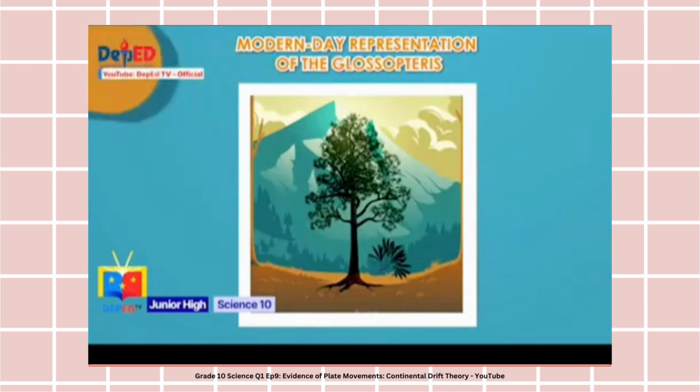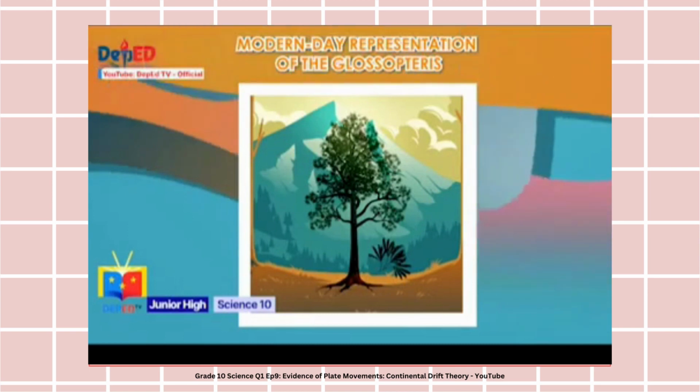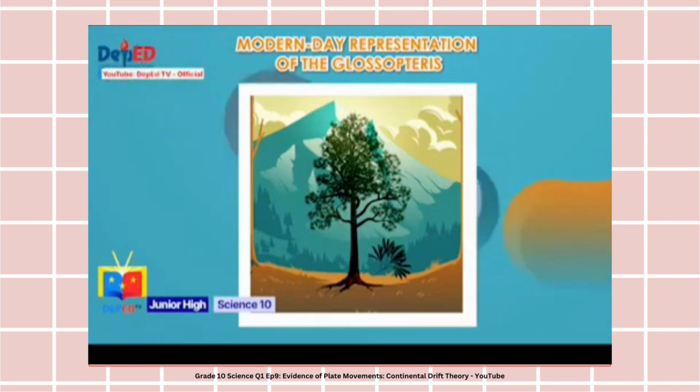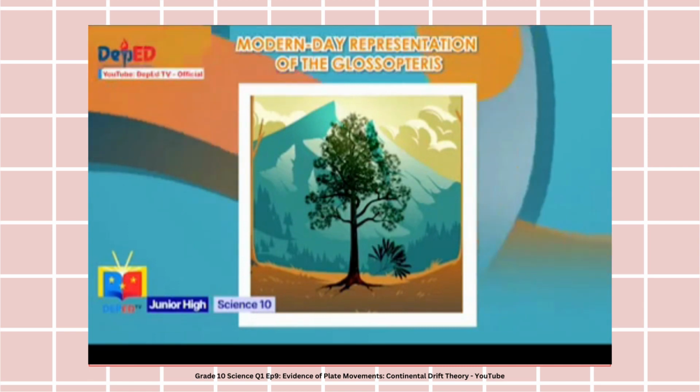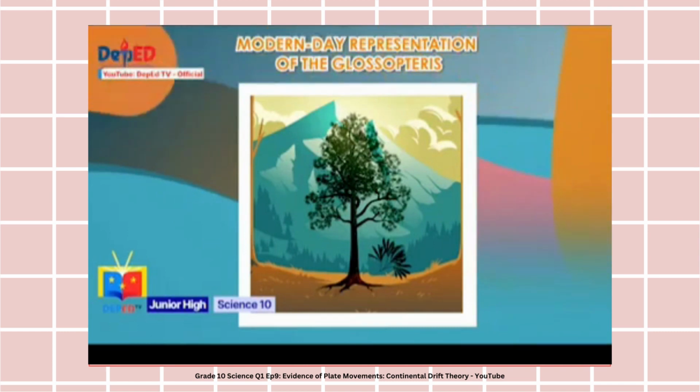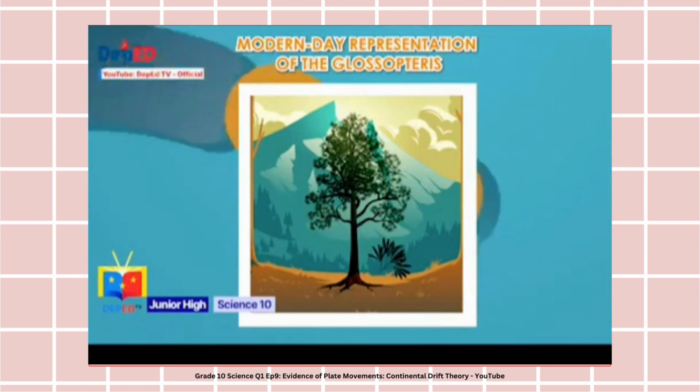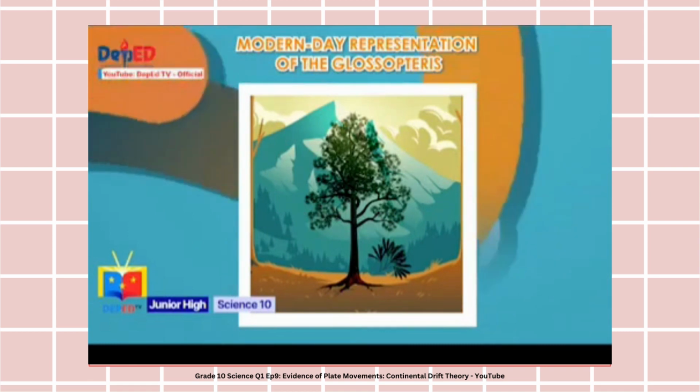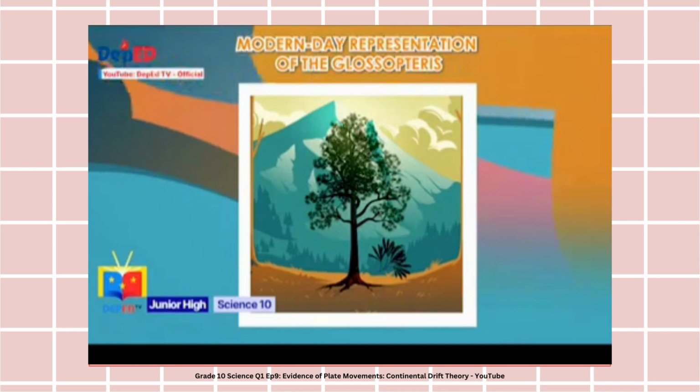And finally, the modern-day representation of Glossopteris. Possibly the most important fossil evidence found in the plant is Glossopteris. The Glossopteris fossil is found in Australia, Antarctica, India, South Africa, and South America, all the southern continents. Glossopteris seed is known to be large and bulky, and could not possibly have drifted or flown across the oceans to a separate continent. Therefore, the continents must have been joined at one point in time in order to maintain the Glossopteris wide range across the southern continents.